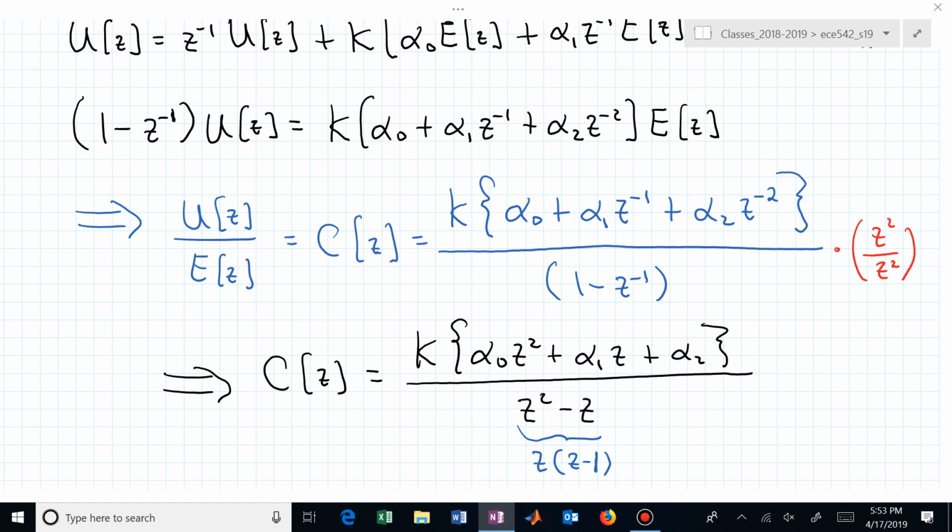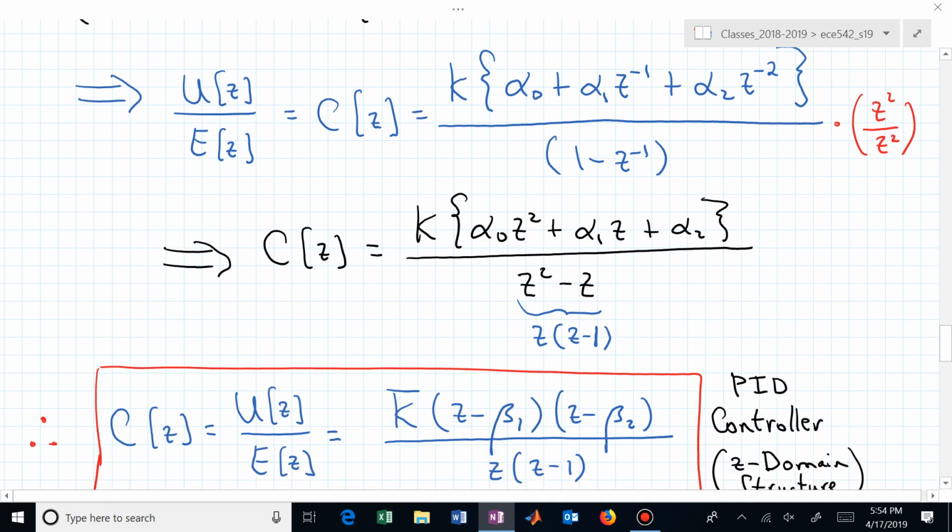and now you can see that in this PID controller, I'm stuck with 2 poles. So in designing a PID controller, you don't have to worry about where you place your poles in that PID controller. You've got 1 pole fixed at the origin and 1 pole at z equal to 1. That's a given. What you do have flexibility in are these parameters in the numerator, the alphas and the k. The k is the overall gain, and the alphas allow us to move this quadratic polynomial in the numerator, which defines our zeros of our controller. We can move those around however we want.